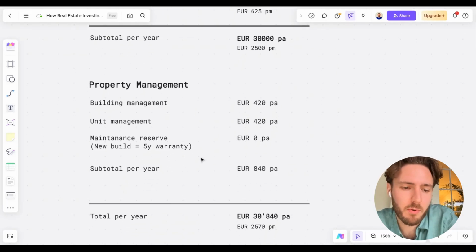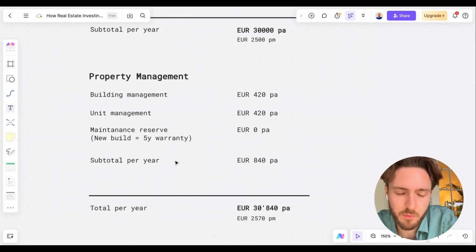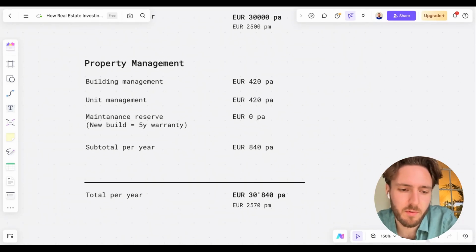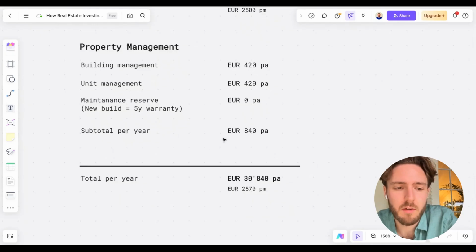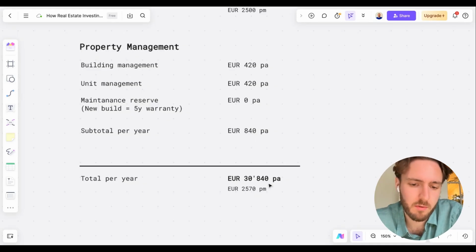That costs something per year, and then maintenance reserve. This is just something that you should always calculate, in case something breaks or whatever. But if it's a new build, then you have a 5-year warranty. So for the first 5 years, you actually don't really need to start a reserve. So that would make a subtotal of 840, and then we arrive at 2,570 per month,